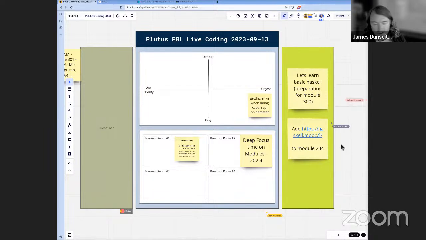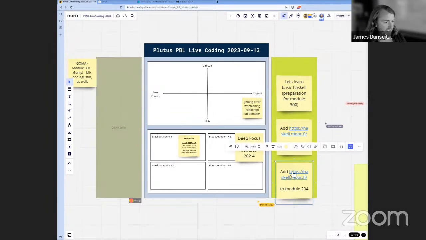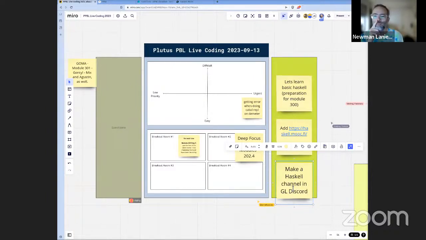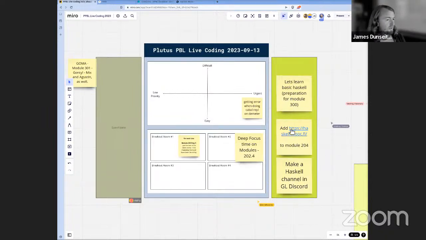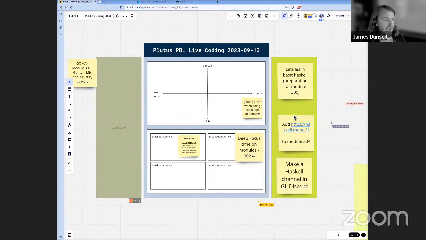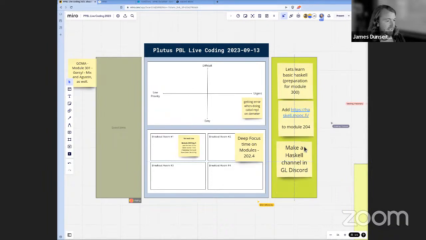Yep. And Erez, definitely, let's make a Haskell channel in the Gimbal Labs Discord. Oh, yeah. Great. Yep, and the IOG series is very good. It's right, they give you a deep dive into Haskell, but also they recognize where they're trying to get you, which is Plutus programming. So they give you some good stuff. So any of those resources, people can get together and decide where they'd really want to focus. That's very exciting.